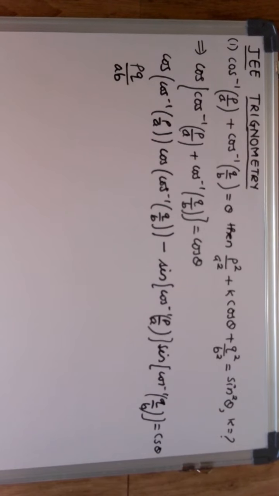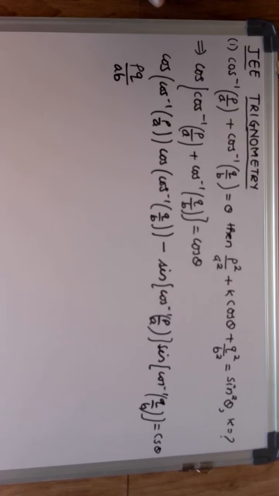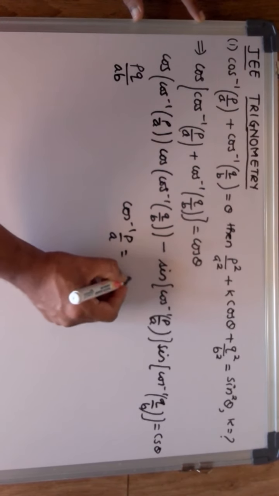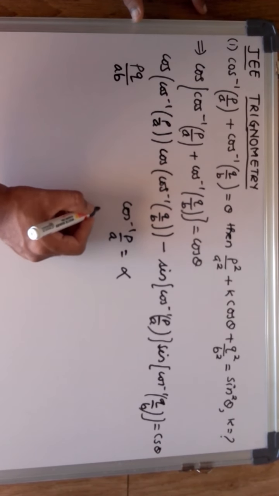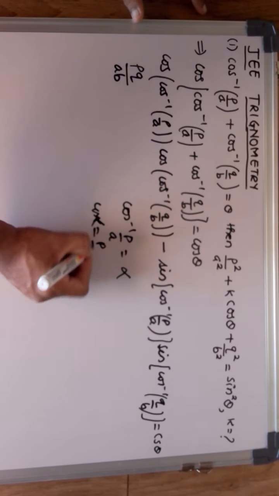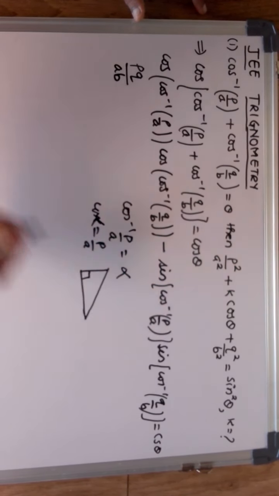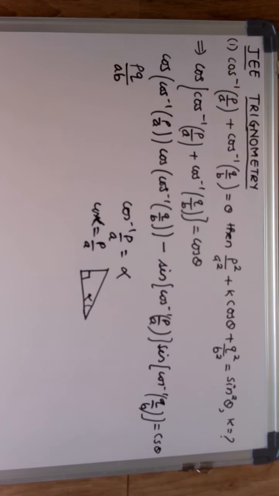Let me find what will be this sin of cos inverse P by A. So I am supposing here that cos inverse P by A is equal to alpha. So obviously cos alpha will be equal to P by A. Draw a triangle. I am showing you a method which is very simple to understand. Take acute angle alpha, because when you speak of an inverse angle it is the smallest possible angle. So obviously you will be taking the acute angle present in your first quadrant.